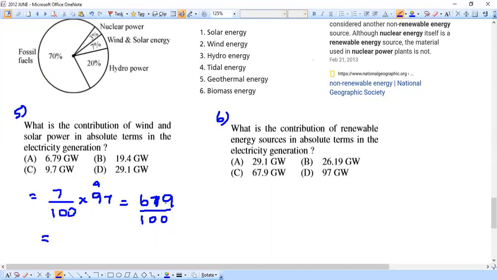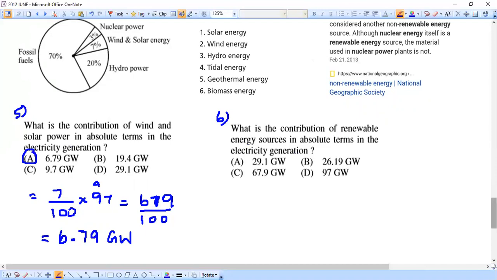We have 679 by 100. Just push our value 2 decimal places: 1 place and 2 places. So that means we end up with 6.79. I think you are able to understand this. We have 679 by 100 because 100 has two zeros, so we have to move two decimal places. So the point goes between the 6 and 7. That's what we have written here, 6.79, because 79 is what is crossing the decimal point. So 6.79 gigawatts is going to be the answer, which matches option A. Let me encircle it. Yes, fine.